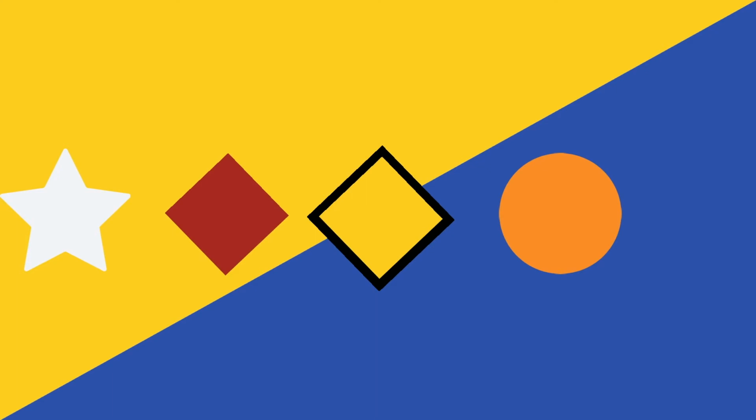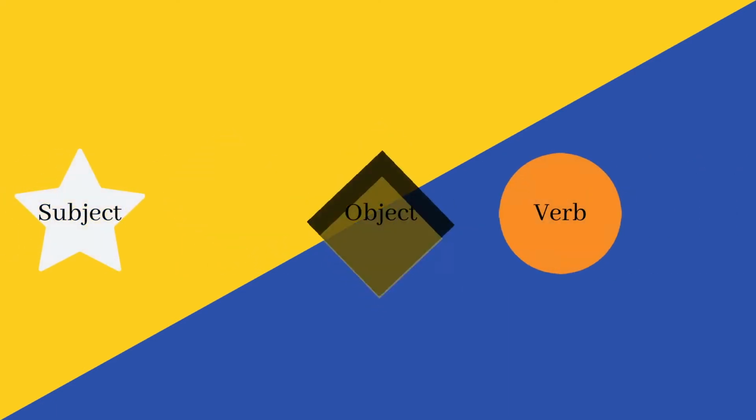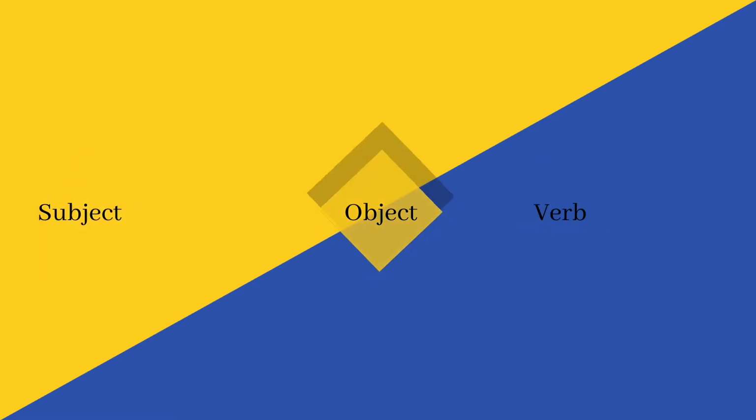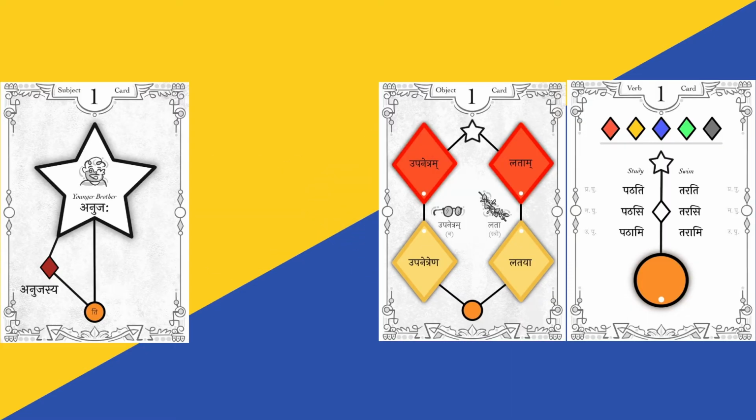It's quite simple, really. The earlier sentence was a star, diamond and a circle, and we typically say our simple sentence is star, red diamond, circle, or star, yellow diamond, circle. What we have done here is add a maroon card to this sentence. A maroon diamond is added to the sentence. So just to recap, subject, object, verb was the earlier sentence, and now we have a maroon diamond that's going to be fitted into it.